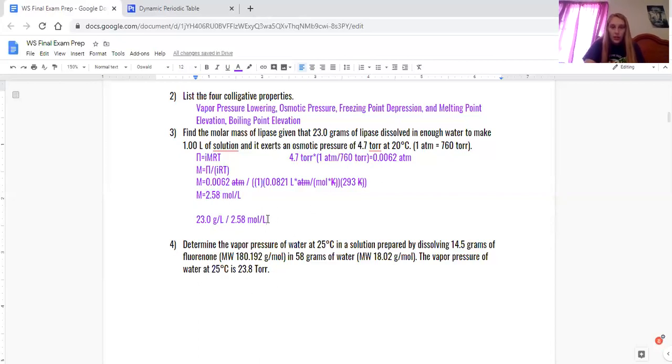Okay, so we're going to see that our liters are going to cancel out here and here. Then we're going to end up with 23 divided by 2.58, and then we'll end up in grams per mole like we wanted to. So if we do this math, we end up coming up with